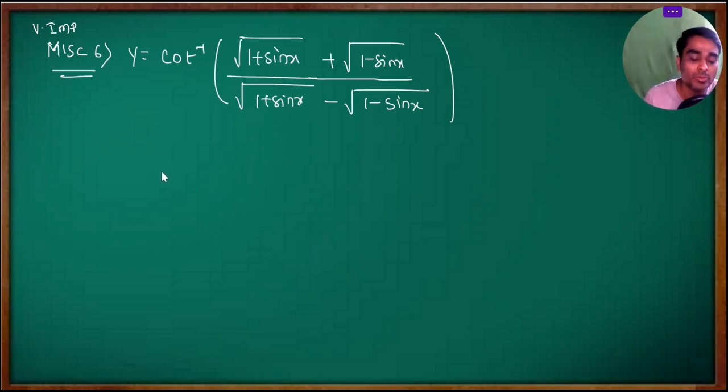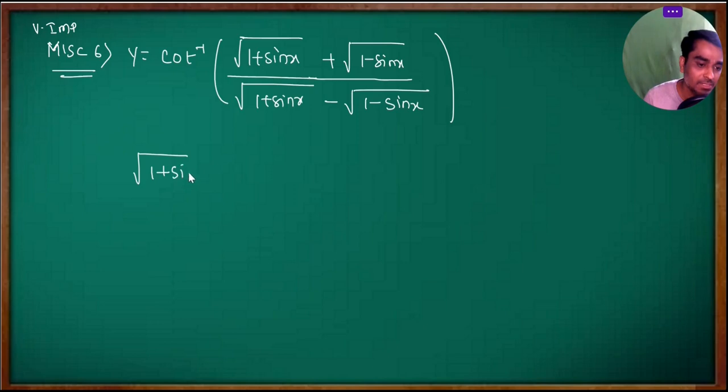So student, this is one of the most important questions. Miscellaneous sixth question this is. And again chain rule. We will do it by one of the best methods. So what I will do, I will show you what we can write in place of root of 1